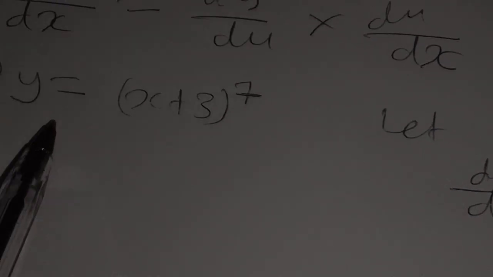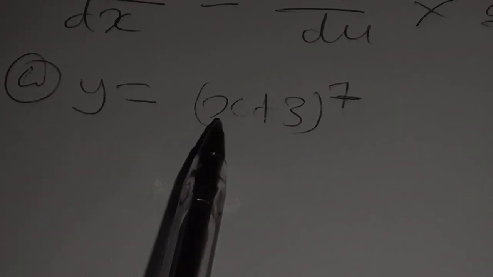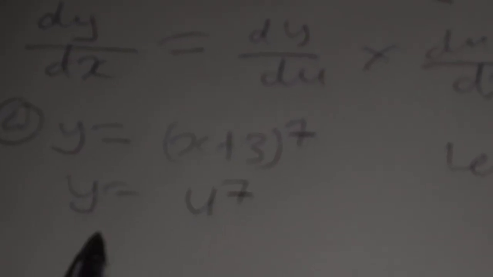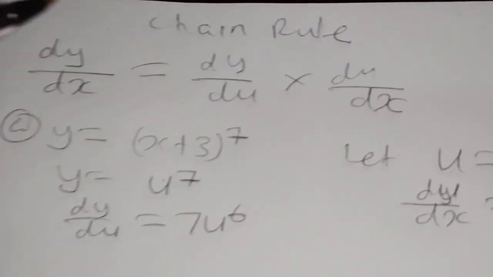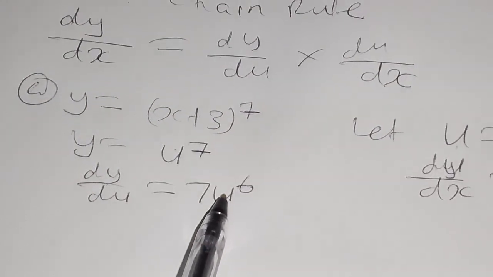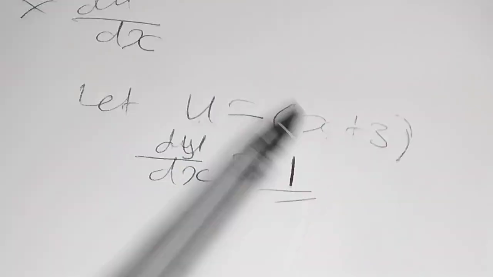Then you have said that u is equal to this one, so you go back into your function here. So y will be equal to u to the power 7. Then if we differentiate this function, dy over du will be 7u to the power 6. Then from here you replace in the equation: dy over du is this one, you replace here, times du over dx, which is this one, then you multiply. After you find the final answer in terms of u, you replace back the value of u. As simple as that.